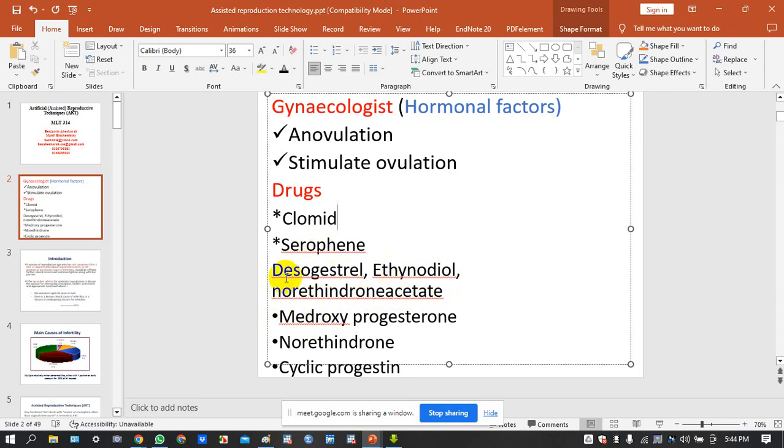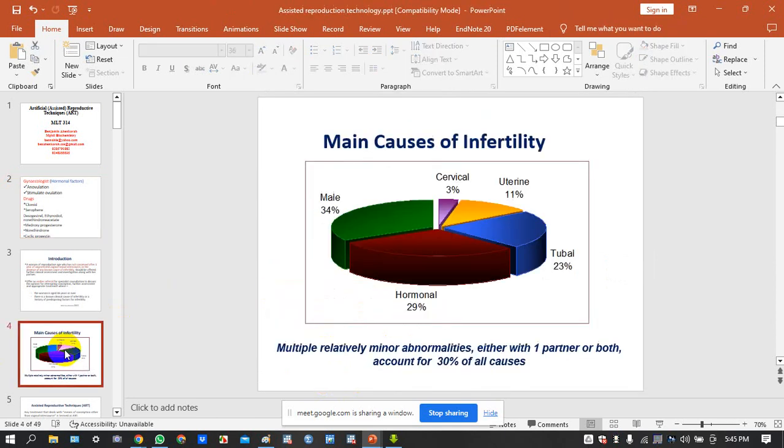They are these three, desogestrel up to norethindrone acetate. They are estrogen derivatives. And the medroxyprogesterone up to cyclic progestin, they are progesterone derivatives. They will force the woman to produce the egg. Okay. So